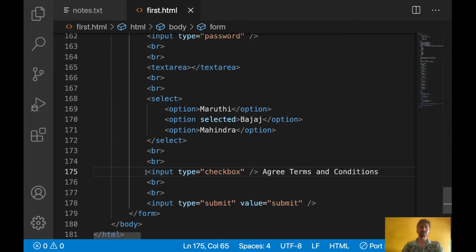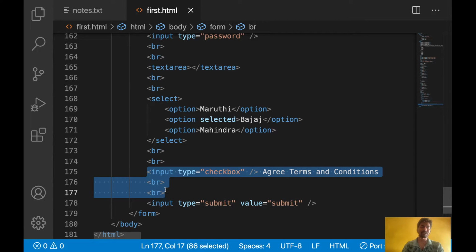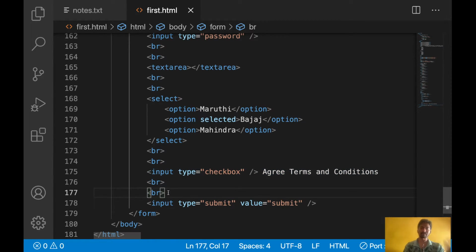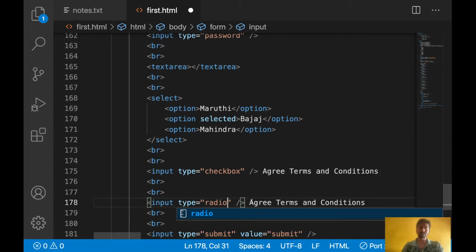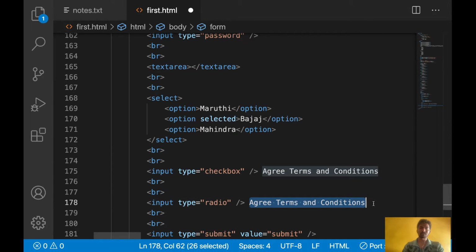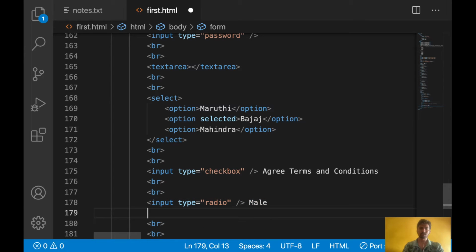There is one more case, the radio button. Please select male or female, please select the gender. At that time you can use a radio button. Input type radio. Here you use male and female.